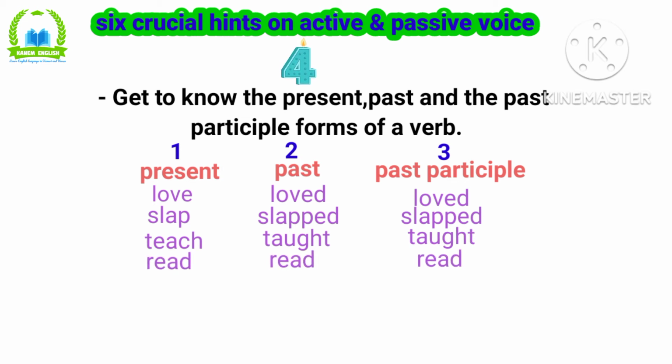Read and read have the same spelling but differ in pronunciation. Then the word sell, the past tense sold and the past participle sold. Eat, ate, then eaten, the past participle form. So you have to know the three forms of these verbs because we are going to use them to change